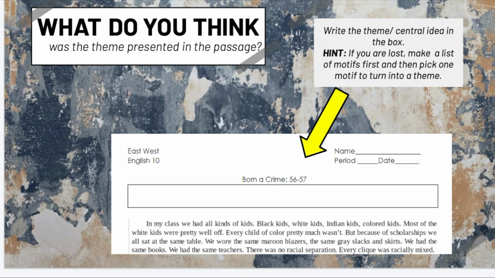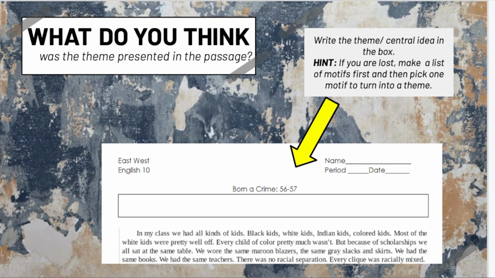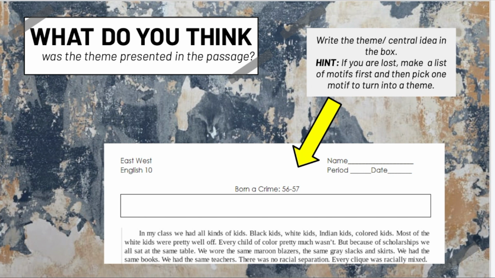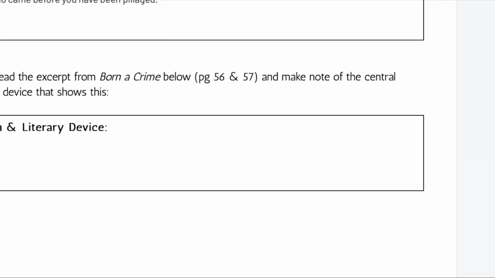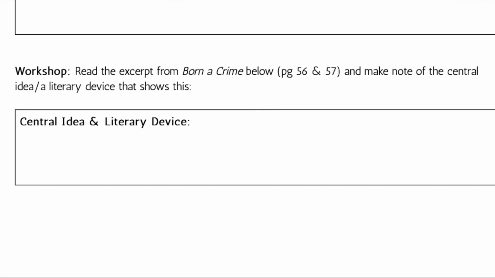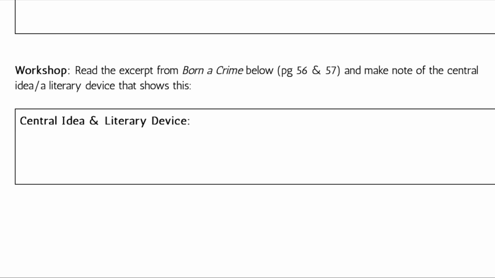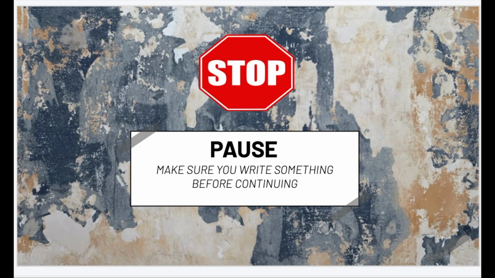So motifs are things that are repeated. Some things I think repeated were race, division, ignorance. So make a list of motifs and then pick one motif to turn into a theme. So stop, pause this video, make sure you write something in this box, your central idea and literary device before we continue. I normally have you guys share out some of your ideas, but we don't have that luxury today,